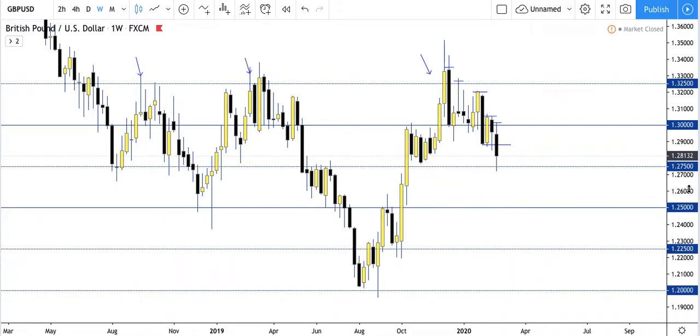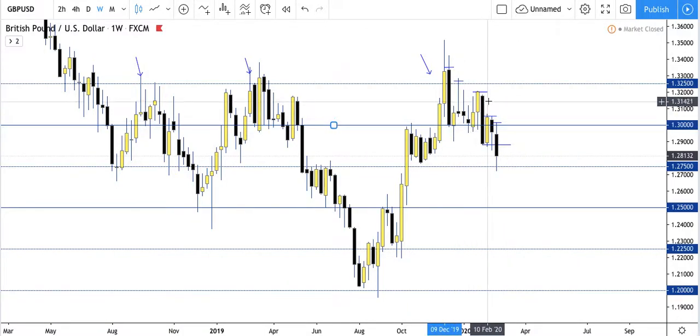The second setup I have for you guys is on GBP USD. Now you guys can see on the weekly time frame, 1.325 is holding as a strong level of resistance, where we had three rejections off of this level. Now price is starting to push back towards the downside, and we essentially broke 1.3, which was acting as a